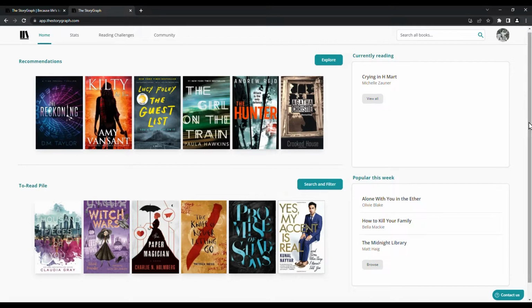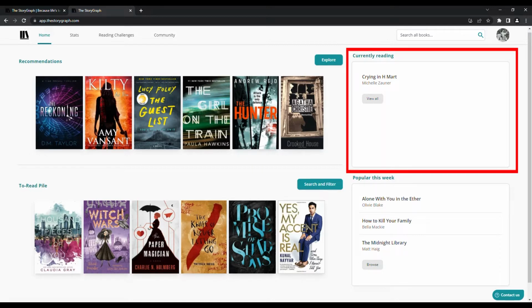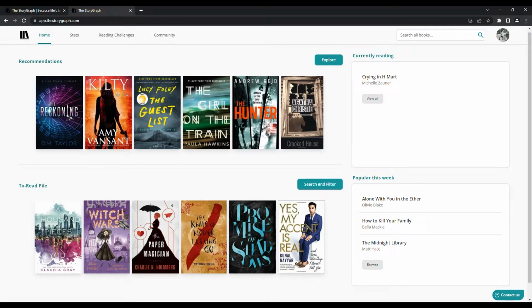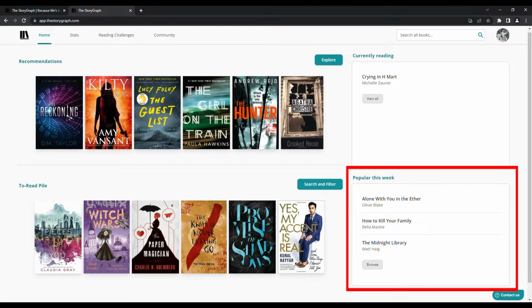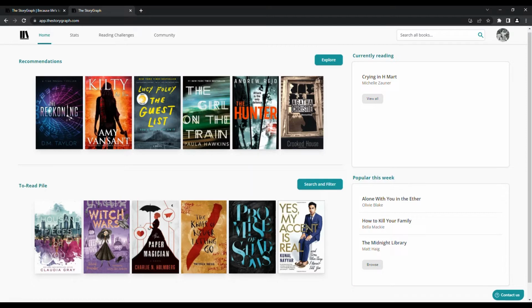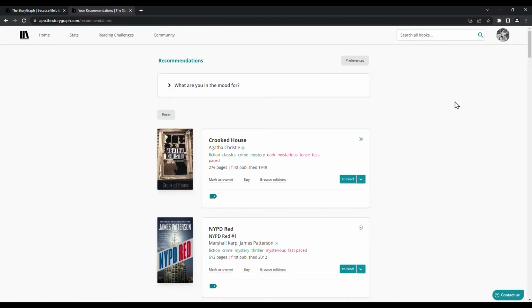So let's see. And then on the right side column, we have currently reading books. So right now, we're just reading one book, but if we had more that we were reading, they would show up in this box. And then the box below that is specifically for popular items this week, popular books. And then we can browse that. So I'm going to go ahead and click Explore under Recommendations,